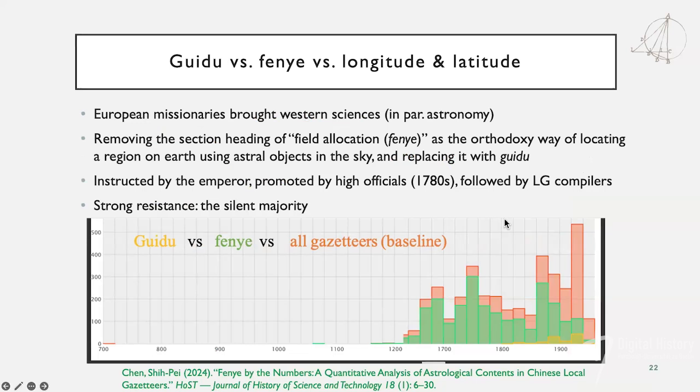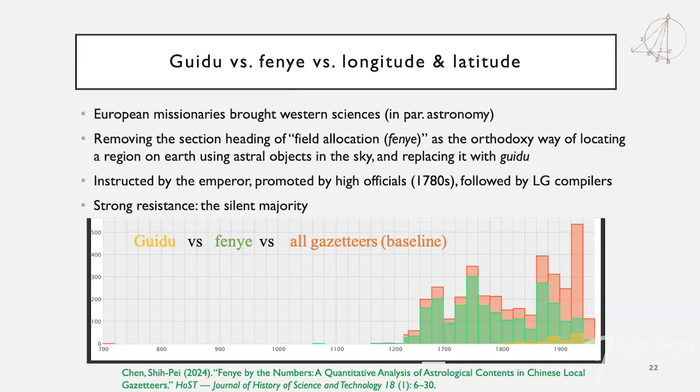Okay, and I would also give another example that is more specific. There was a section heading called 分野, and this is regarding the star maps that I talked about earlier. So not only did they document a map of the stars that their region should be associated with, they also have a text section called field allocation, or 分野. And that is using the textual form to record that our region should be associated with this and that